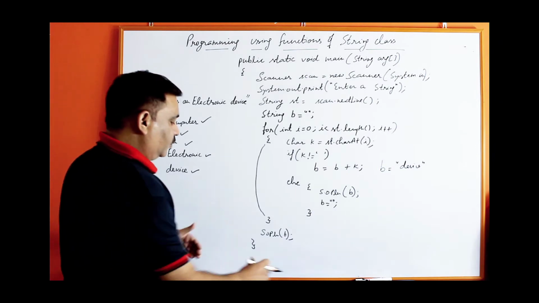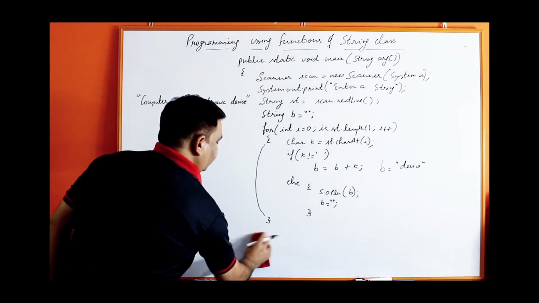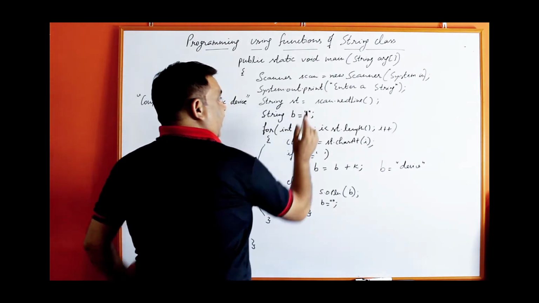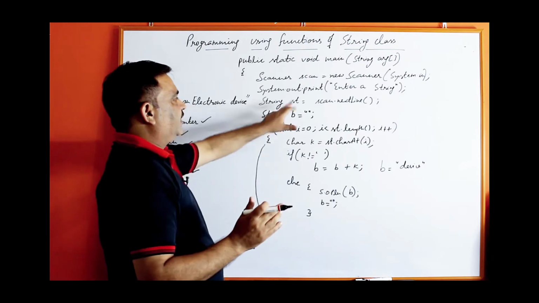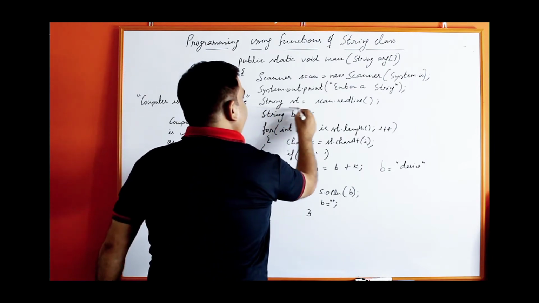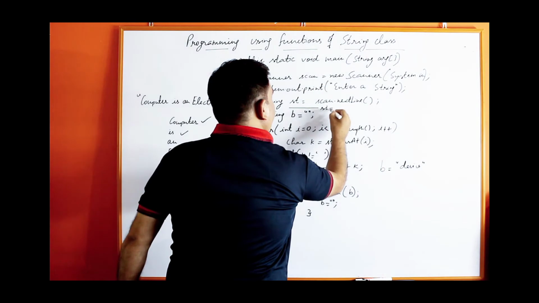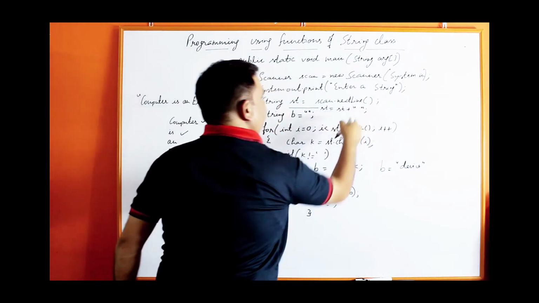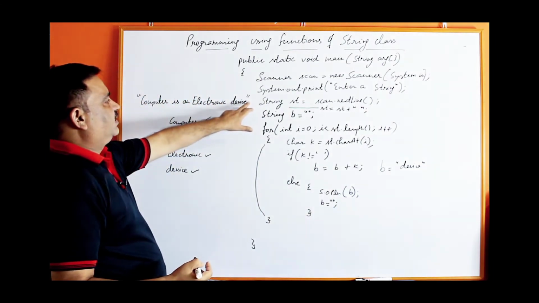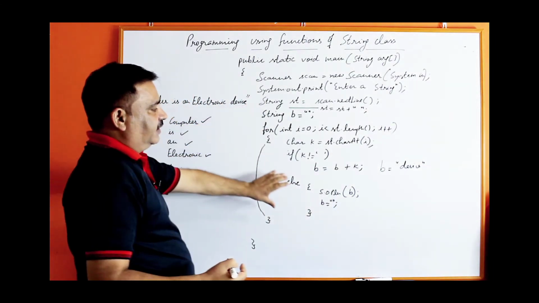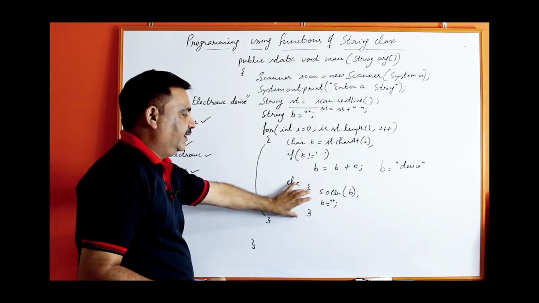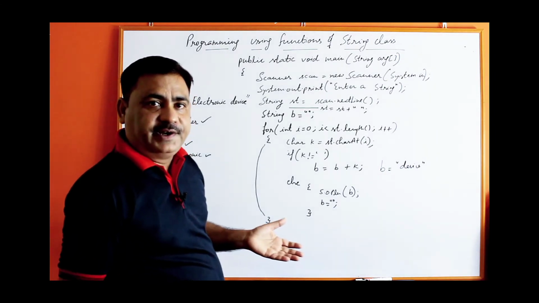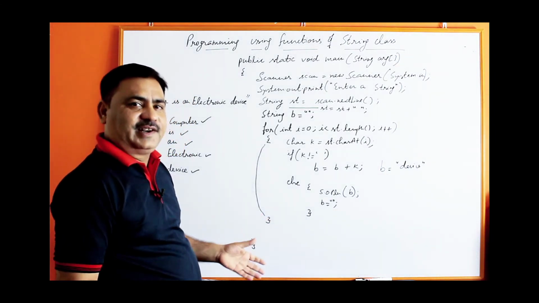And one more method, if you don't want to print the last word separately, then add an extra space at the end of st. So after inputting st, what you can write is st equal to st plus space, a single space. So if the last character is a space, then the word device will also be printed here. No need to print after the loop. In such a way you can print all the words on separate lines.